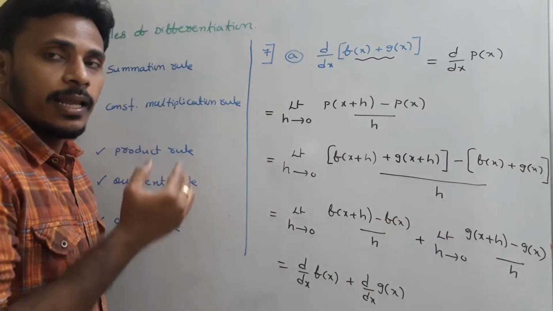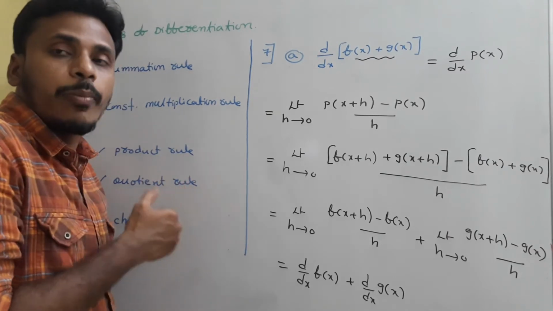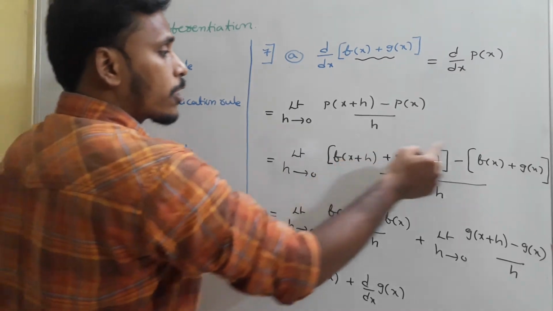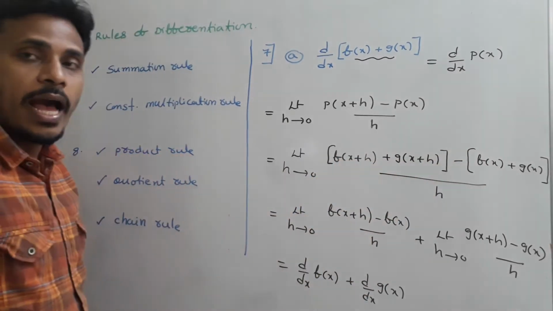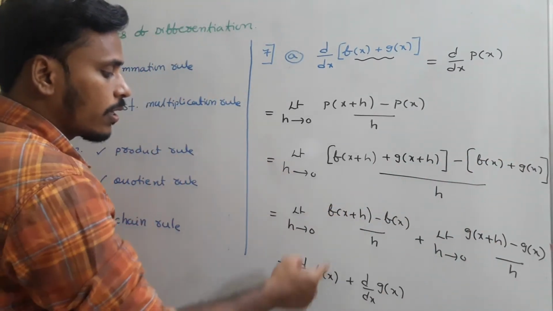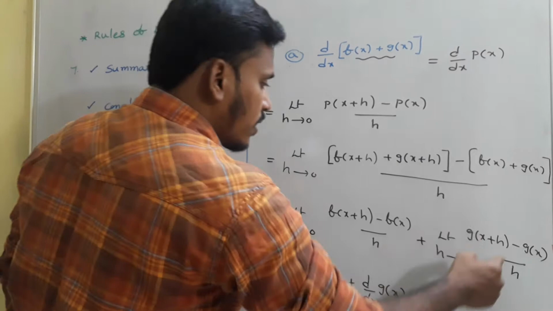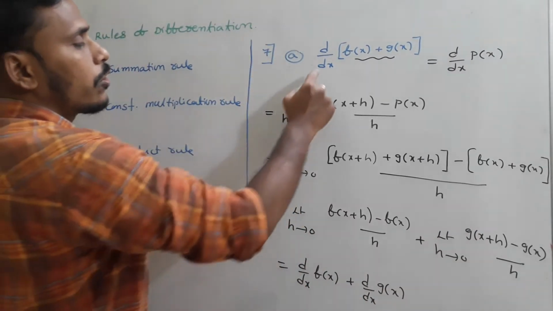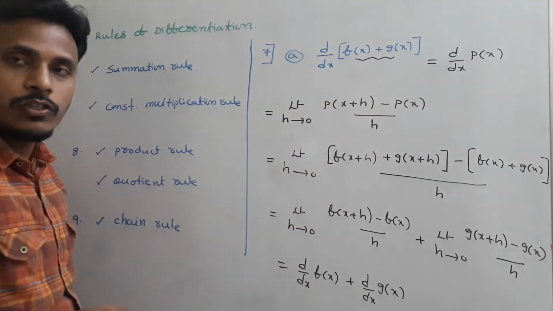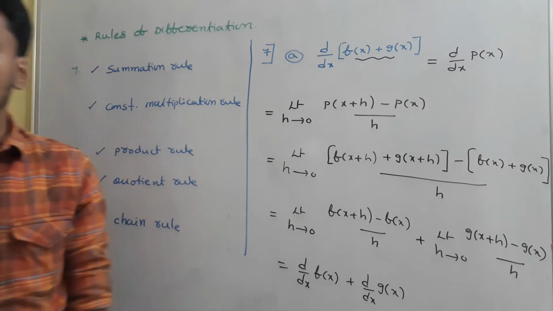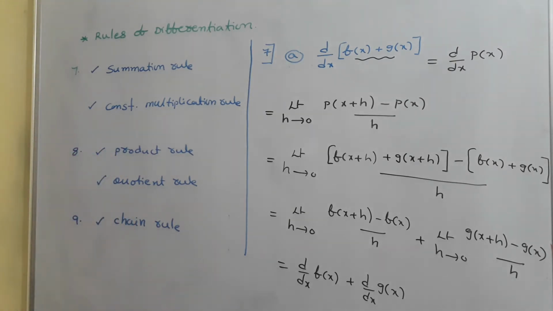As we learned limits, easily we will apply the limit on the sum of the functions. So just apply the limit for f of x plus h minus f of x by h, as well as the limit for this difference of g by h. The first one is the derivative of f of x, whereas the second one is the derivative of g of x. So d by dx of f of x plus g of x is equal to d by dx of f of x plus d by dx of g of x. We can extend this idea for more functions also.